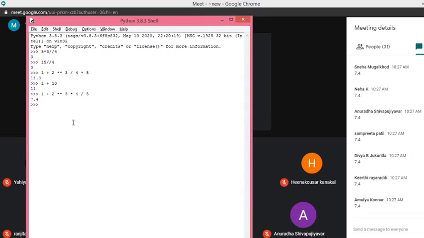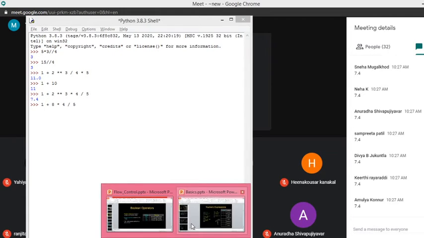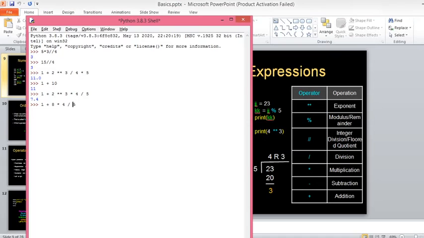But see here, if we go with just the order of precedence, then what mistake will we make? I'll show you. First 2 raised to 3 will be done, so this 2 raised to 3 will be replaced by 8. Then we have multiplication and division. But if you refer to just this table, then the division operator comes before the multiplication.